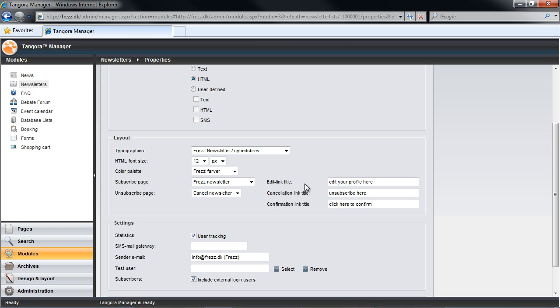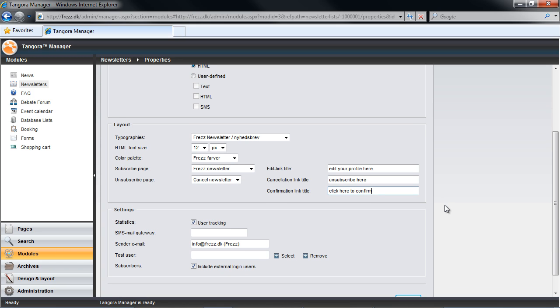And lastly, you could decide not to use any of the built-in features here and instead create your own links to separate cancellation pages which are created to handle the different categories. Now there's also a confirmation link title here which I haven't touched upon. This is simply a text that contains a confirmation link if you decide that you want your subscriber to click on a link from their own email to ensure they are who they say they are. Confirmation is set up on the newsletter subscription page, I should mention, and that is found in the page hierarchy of your site.